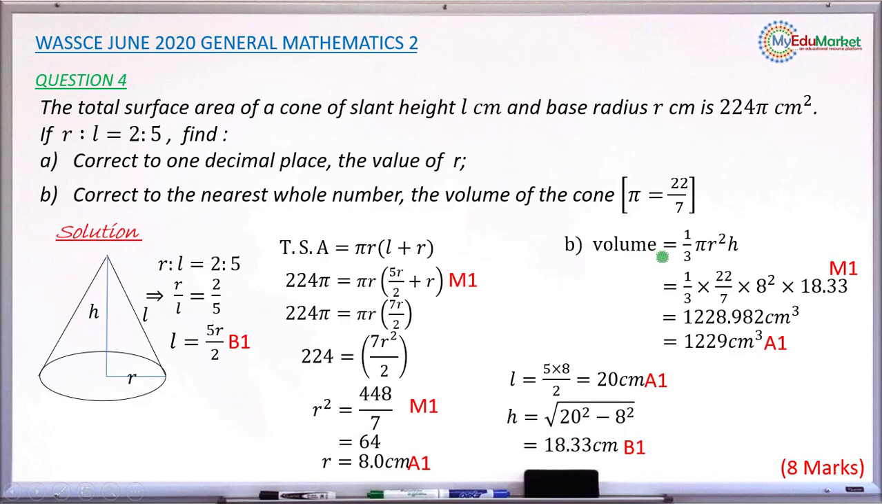So moving to question number B. Getting your L, that is the slant height of the cone, as 20 centimeter, you have this accuracy 1 mark, and also getting the height using the Pythagoras theorem as 18.33 centimeters, you have this bonus 1 mark. When you substitute the value of R and the vertical height correctly in the formula for finding volume, you have this method 1 mark. And when you simplify and arrive at the final answer rounded to the nearest whole number as 1229 centimeter cube, you have this accuracy 1 mark. So if everything is correct in this question, you have